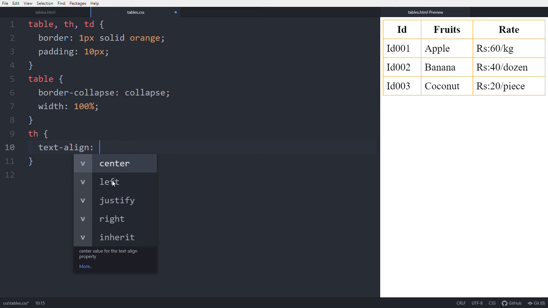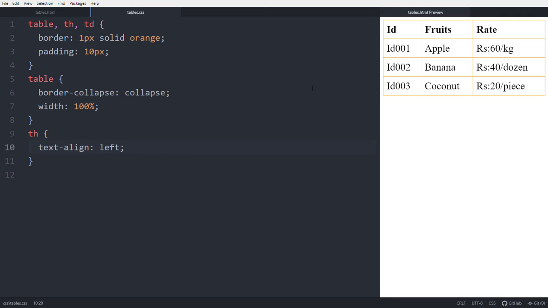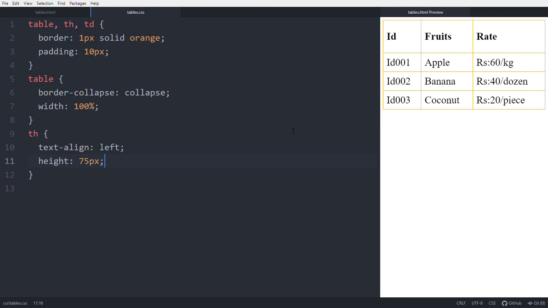Make it left. Already the default is center. Make it left. And if you want to increase the th height, use this height property, height 75 pixel. See, the height is increased.